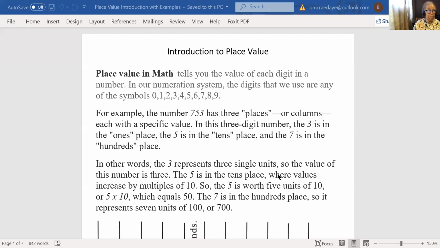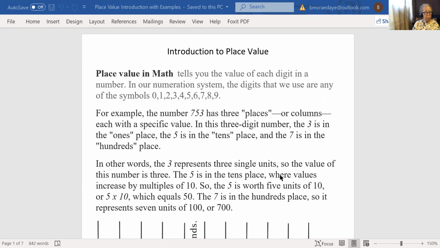We will be starting on place value. Place value involves knowing the value of each digit in a number. Our number system is a base 10 number system, and the digits that we're concerned with are 0, 1, 2, 3, 4, 5, 6, 7, 8, 9. When we write a number in its usual form, we should be able to tell